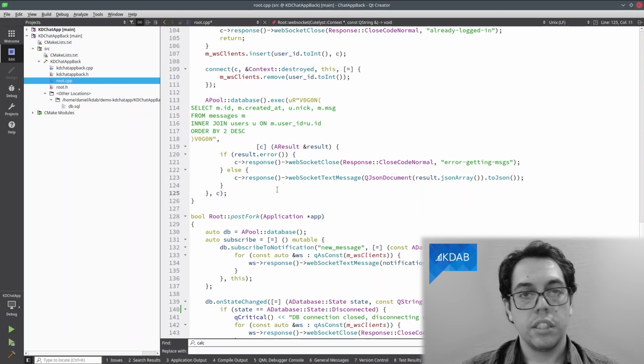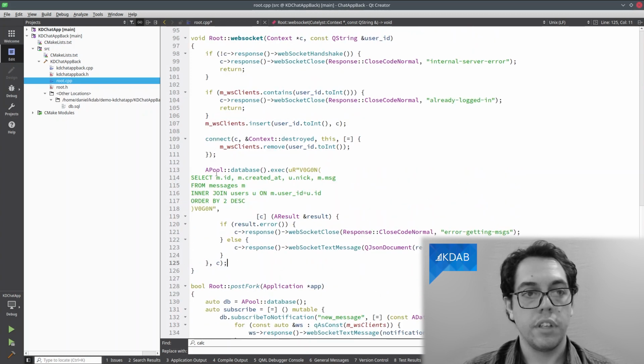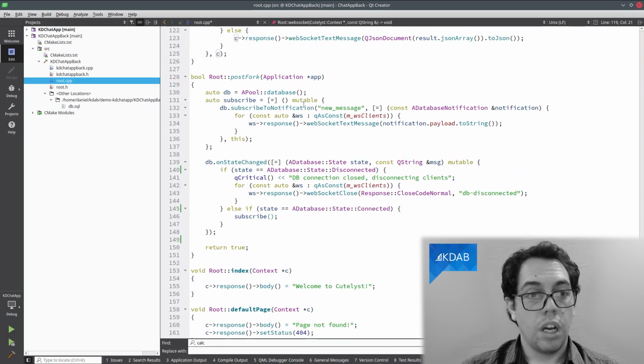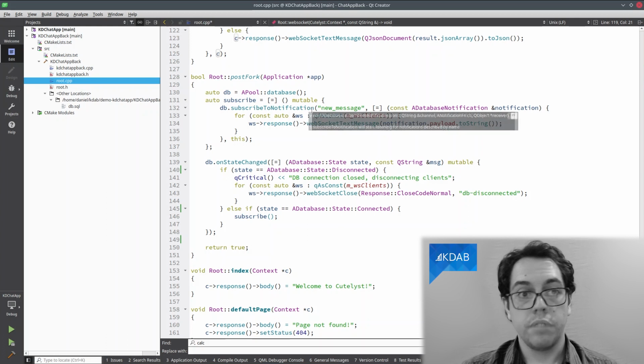After this line, the connection is not closed because it's a WebSocket connection. So we need to have a pointer to the context object to send information to the user. And how can we send information to the user?